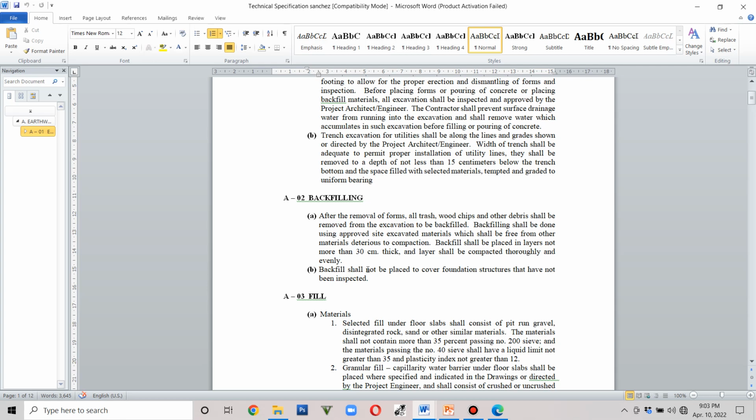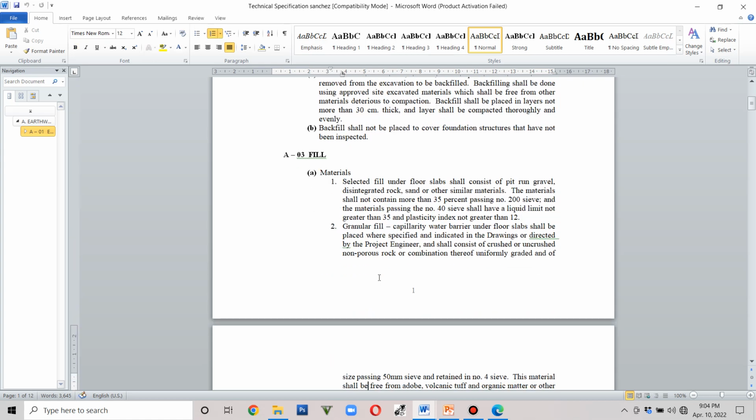Backfill shall not be placed to cover foundation structures that have not been inspected. Okay, so this is an important thing that you will have to subject for inspection before you are going to backfill certain structural elements like footing and then tie beams and the like. Okay,